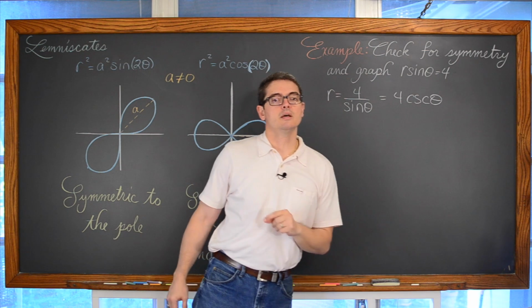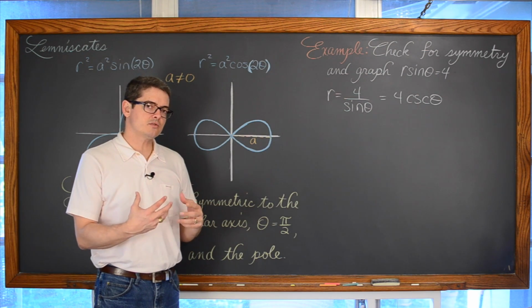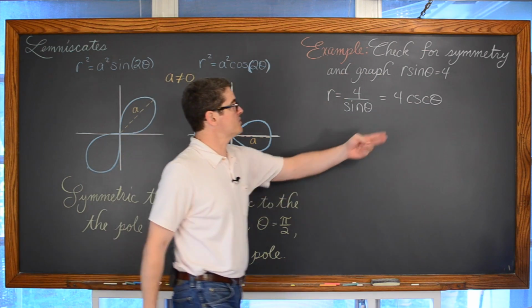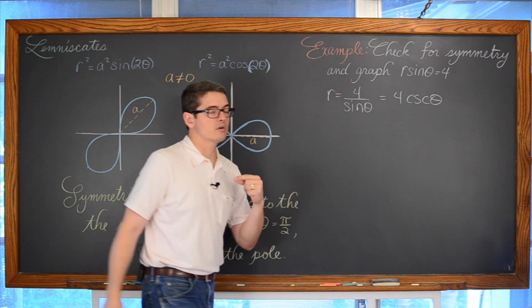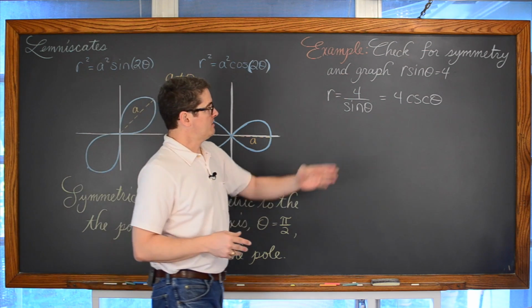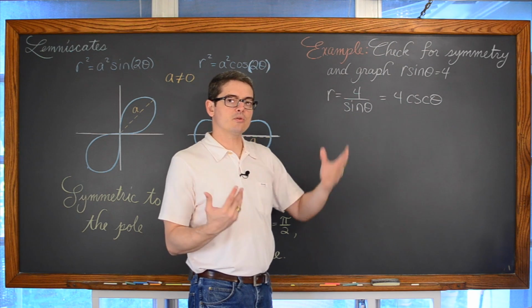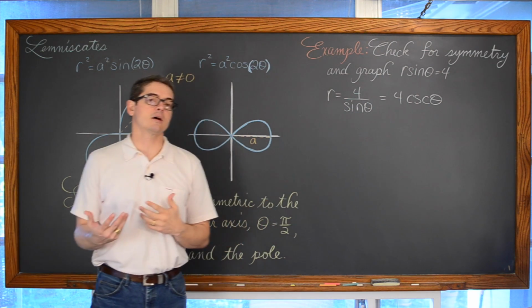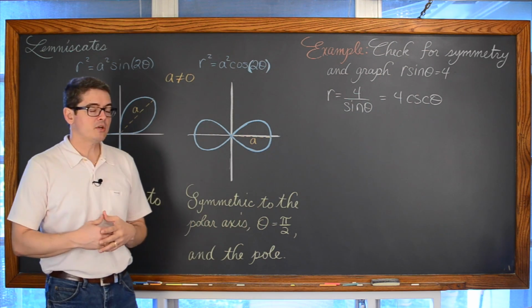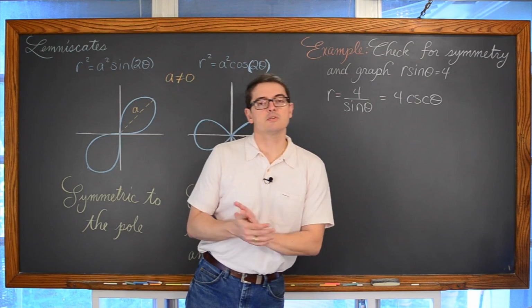R times the sine of theta equals 4. Now, to put this into like r in terms of theta, of course, you're going to need to divide both sides by sine. So we're going to really just graph r is equal to 4 over sine theta. And this would be a nice format for your equation to be written in, especially if your graphing calculator only has a sine, cosine, or tangent button. But if you're able to directly enter cosecant, you might want to write that as 4 times the cosecant of